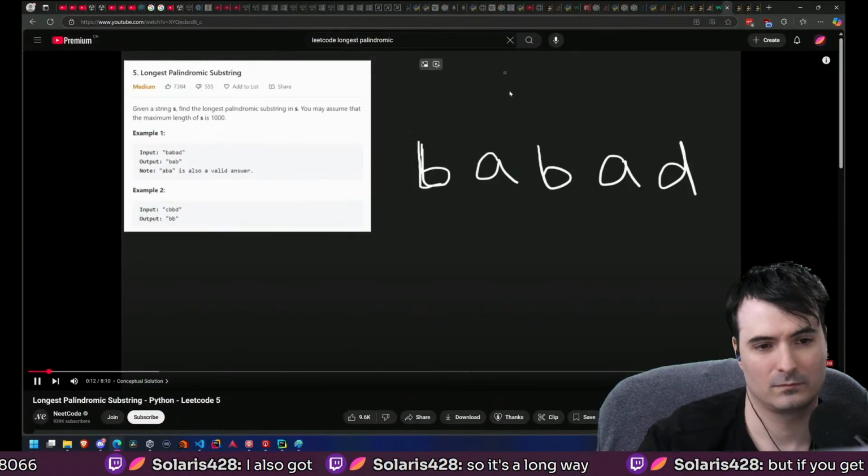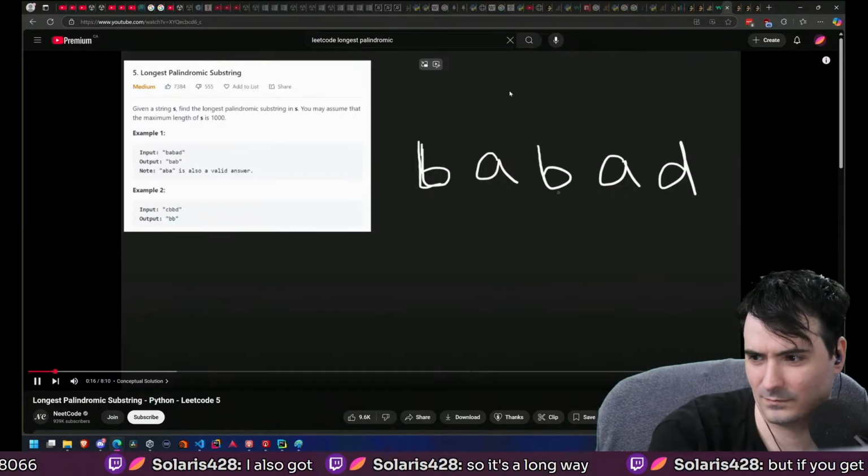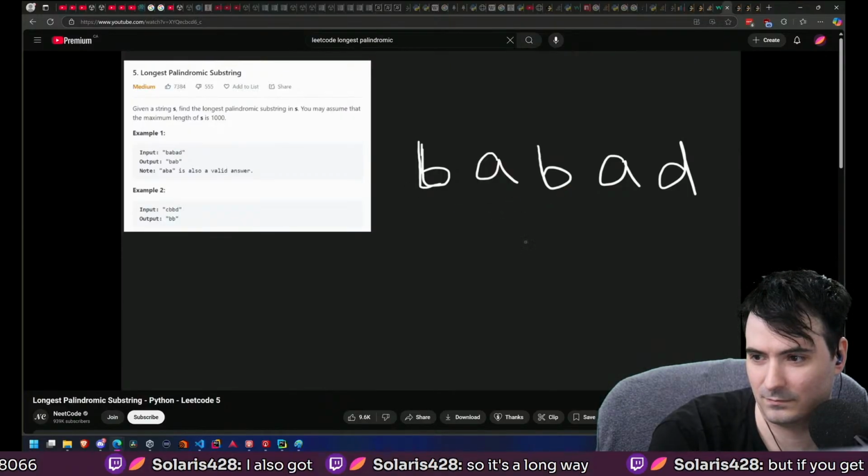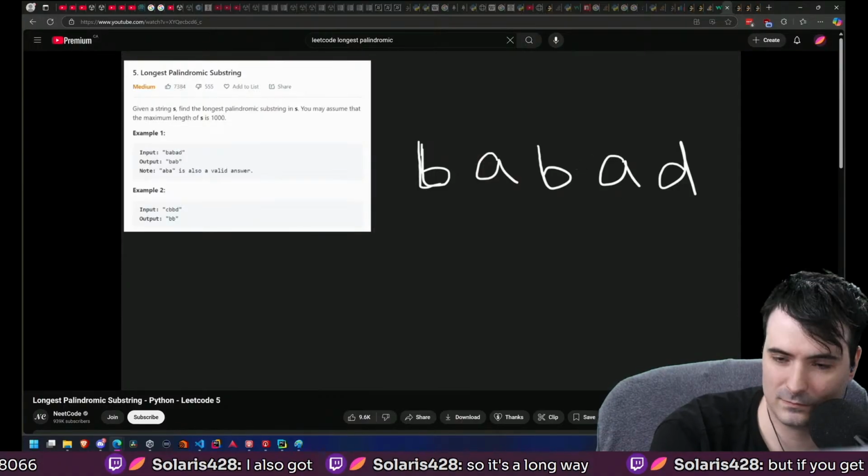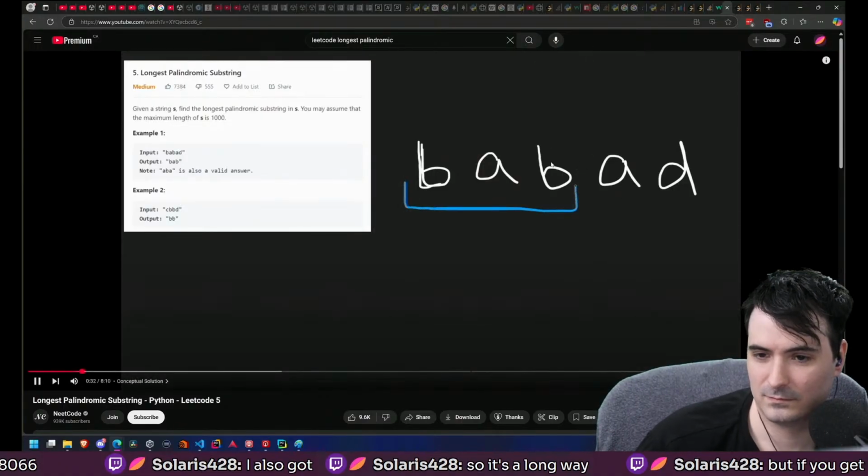And we want to return the longest palindromic substring that exists inside of here. In this case, there's actually two, BAB as well as ABA. So we could return either of these and that would be perfectly fine. Now, what actually is a palindromic substring in the first place? Basically, it means that you take BAB, if we wrote that in the